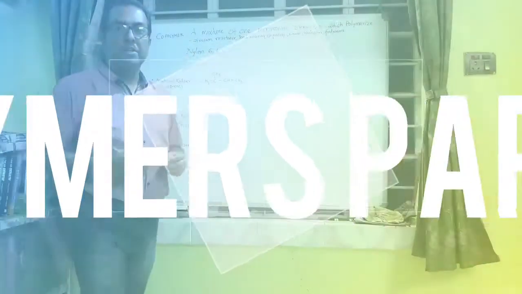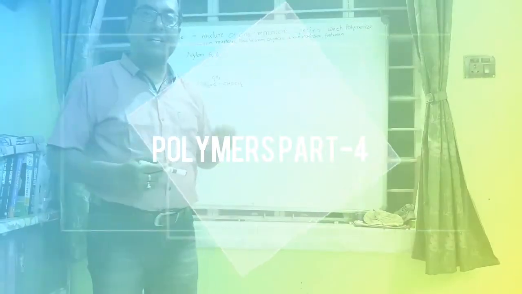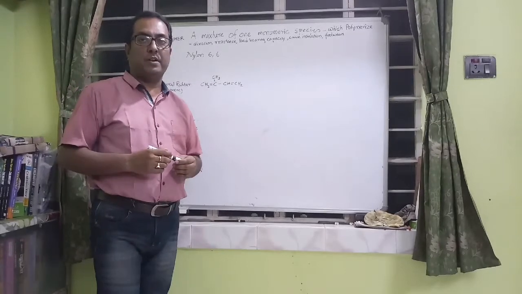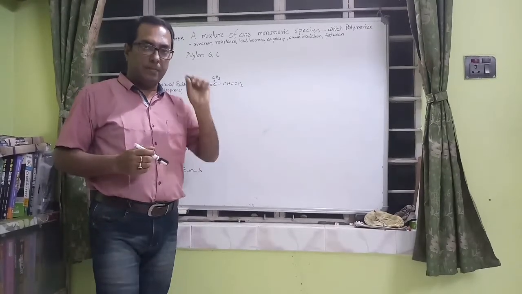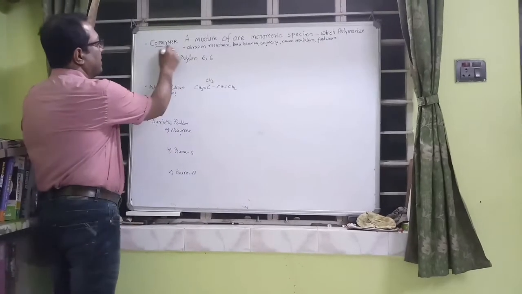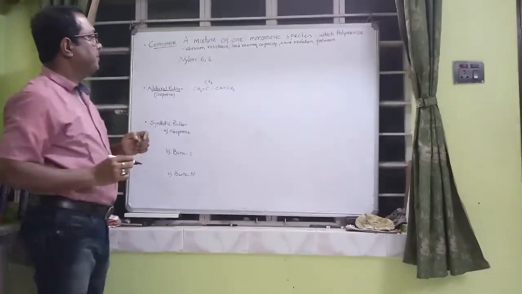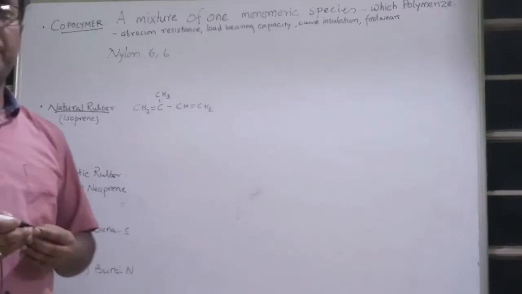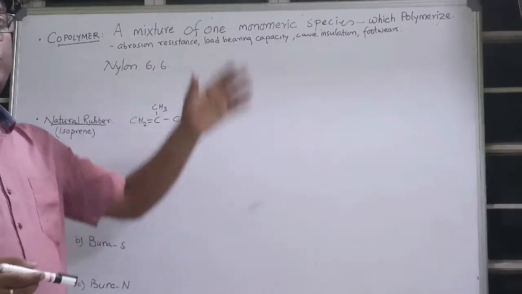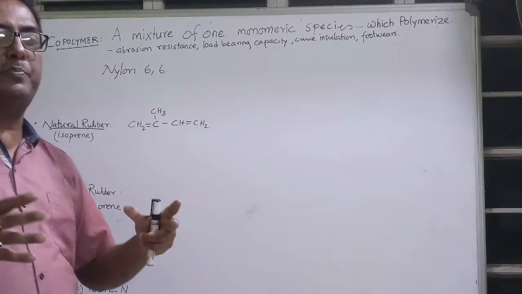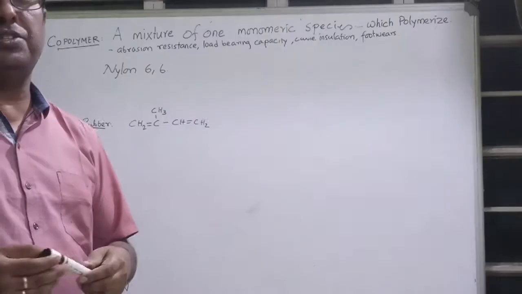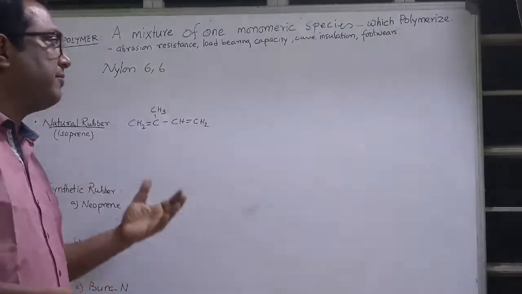Hello everyone. Today we are going to start again with the polymer. This is the fourth episode on the chapter polymer. Today we are going to talk about copolymers and rubber. Regarding copolymer, I have already told you it is formed from more than one monomeric species, and when we go for polymerization, the compound we form is